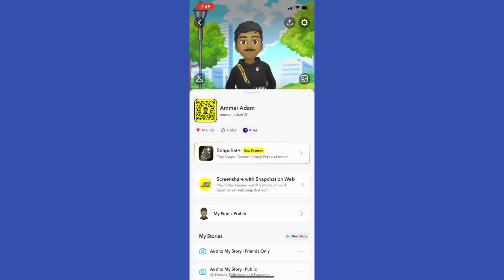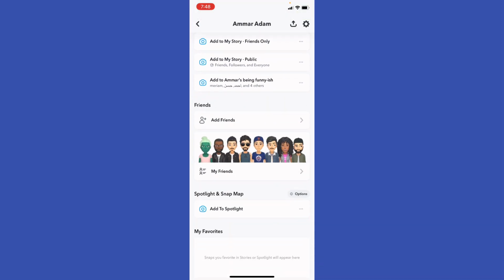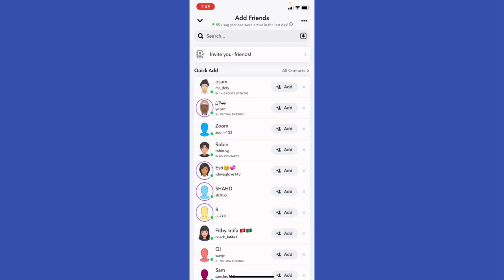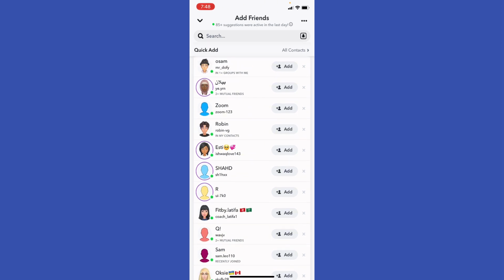Just open up the Snapchat right here, and what you're gonna do next, you're gonna see right here, I'm gonna just click on my Bitmoji at the top left, and from here I'm gonna just go ahead and scroll a little bit down and just go ahead and click add friends. Right in the add friends, I'm gonna just go ahead and see right here I have friends and everything, and if I want to refresh, let's for example I didn't like that person, so I'm gonna just go ahead and